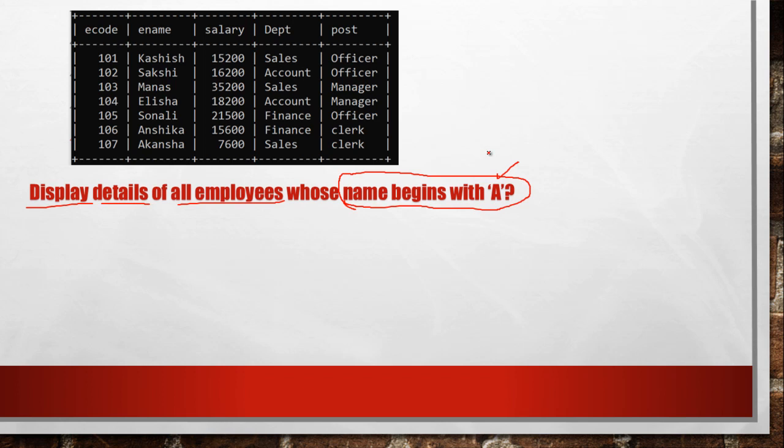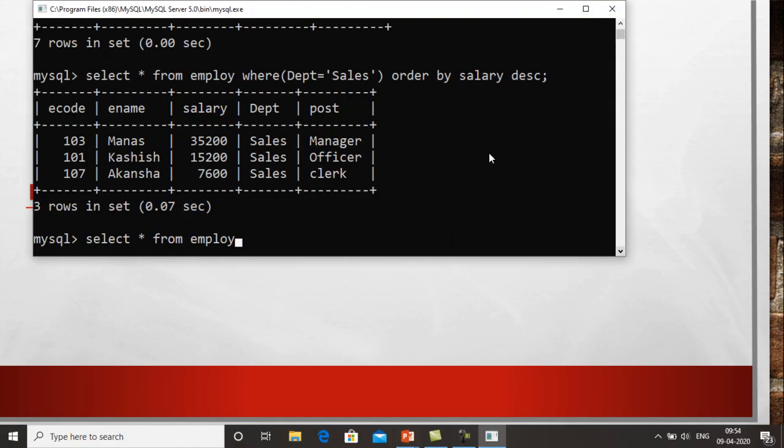Because we have given that the name begins with A. We have given the first character of the name, but after the first character, the rest of the characters are not given. So that's why we call it incomplete. How can I handle this incomplete case? I put where ename like, and either within single quotes or within double quotes, we have to write the pattern.